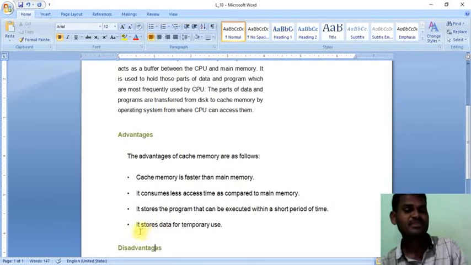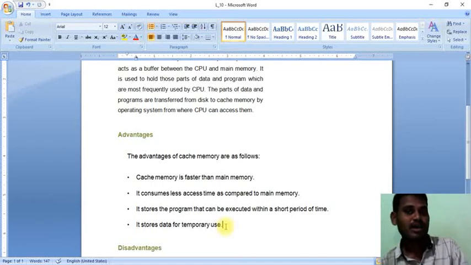And it stores data for temporary use only. Whenever we switch off our mobile, the data is automatically erased, because it is stored only for a temporary time.